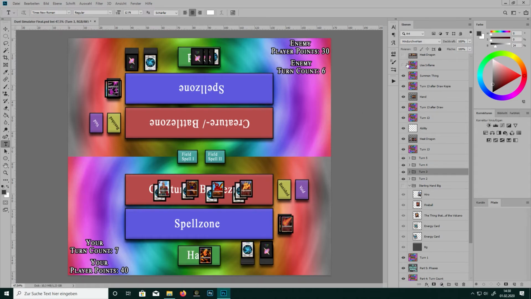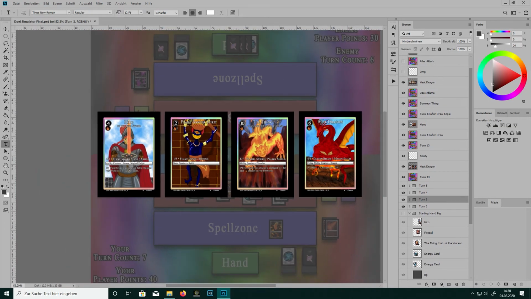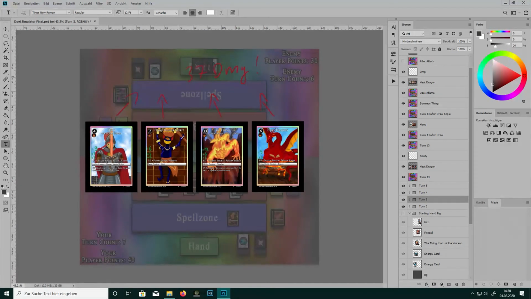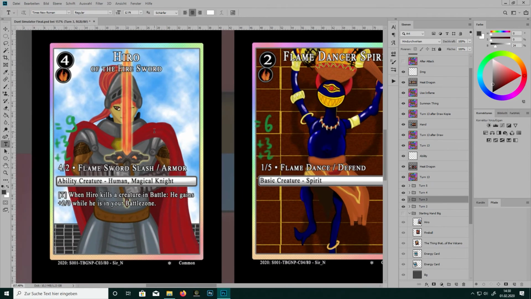And that we do. Also, we use our Inflame. And this Inflame is actually giving our creatures a little bit more attack. Now, the enemy's player points also became 30 at some point in this duel. So we have